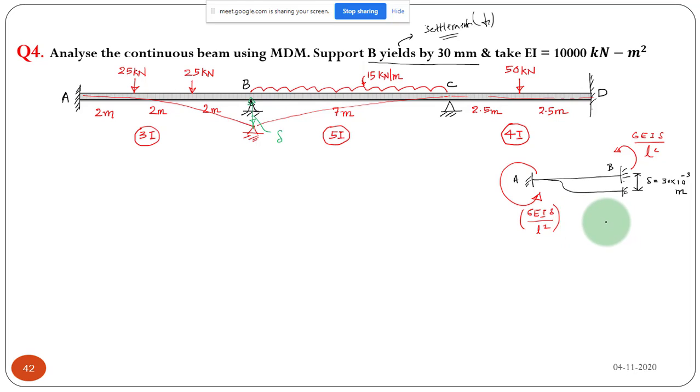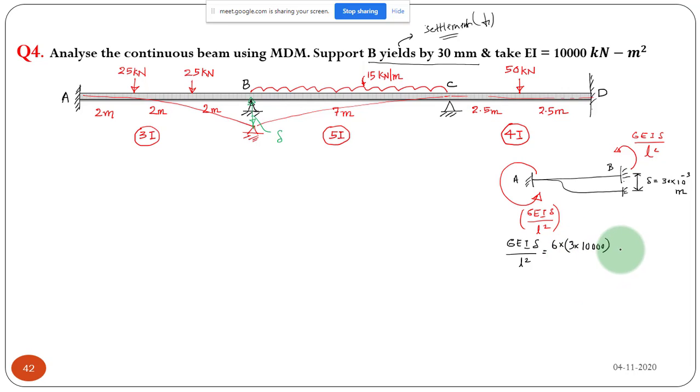Another mistake we usually make is that I will do everything, but I will miss the 3I. So here, for E into I, you have to substitute 3I. That is a possible mistake students usually make while finding this value. So for the support AB, the additional moment is 6 EI delta by L square, which is equal to 6 into the EI value, which is given as 10,000. Here we have to take 3 times EI, so that is 3 into 10,000